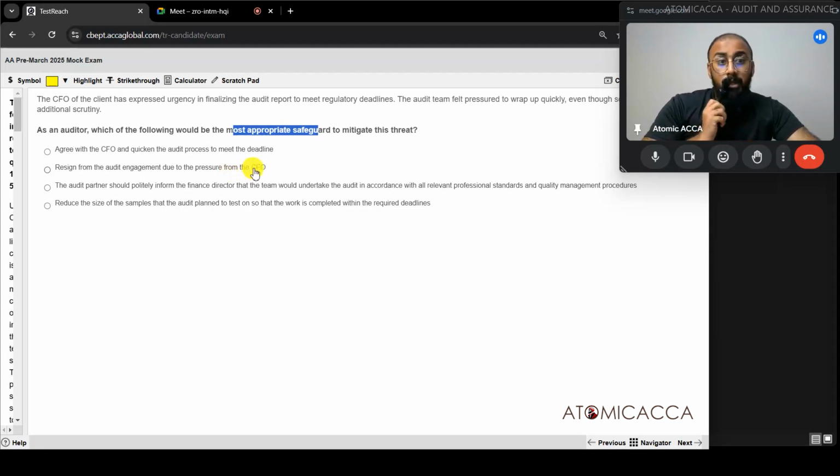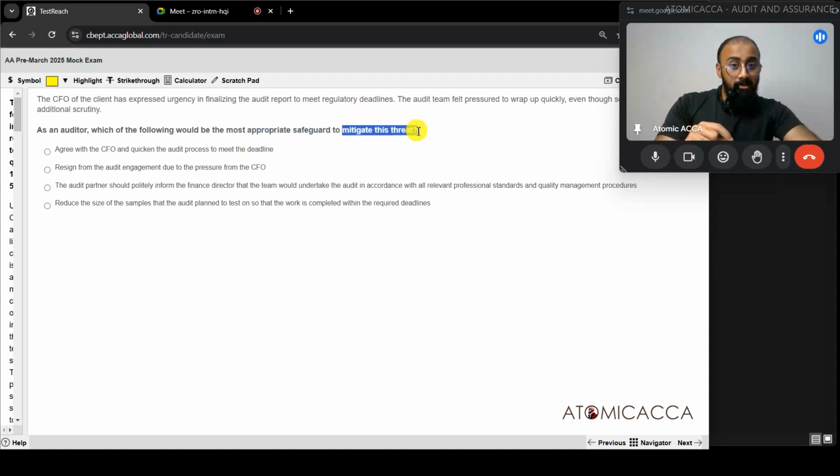Now we have told during our lectures that whenever a safeguard is to be told, don't go into the extreme situation first itself where you're going to resign the audit completely. Rather, because audit firm is a business in the end, client is a customer, the business never wants to lose a customer right away if something goes wrong. Rather, they'll try to put some limitations or some restrictions in order to make sure that things are under control. Only if things go out of control and you think that this is not going to work at all, then the last option is resigning. So first option, in order to mitigate the threat, is definitely not resigning from that audit engagement completely. So option B is wrong.